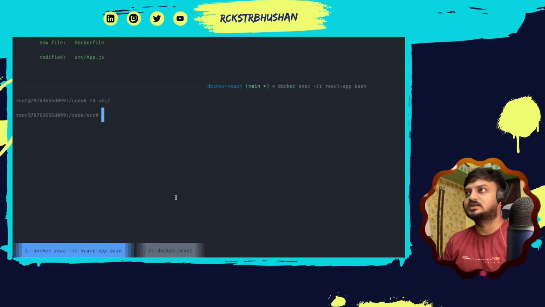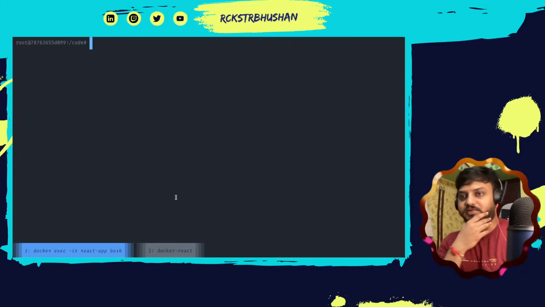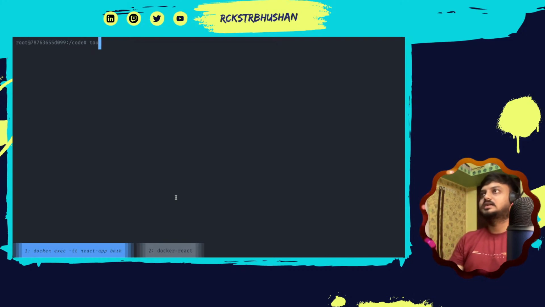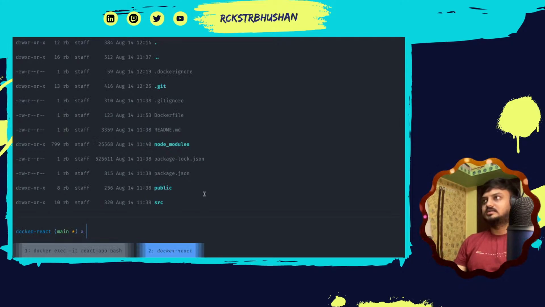Now if I go to this terminal, I don't have Vim here, so I cannot update any file. But I'll demonstrate it in a different way. Let's create one file. Let's name it react only. Now if I do ls -la, this react file is there. But if I go here, you can see we don't have this file. If I do ls -la, you can see